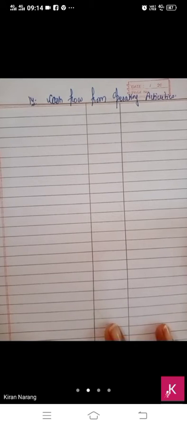They were asked that we have to prepare cash flow from operating activity. Only operating activity will be prepared. Cash flow from operating activities we are going to make. Illustration number 14. Now, first of all, we will have a look at the notes.